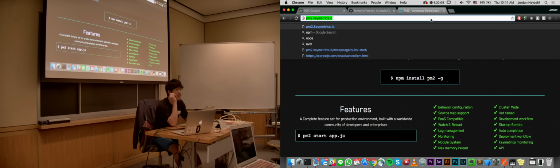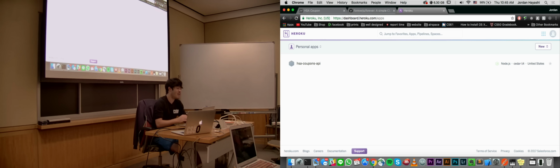So the thing about AWS is it's extremely complicated to set up. I wanted to teach it during class, but I didn't get the okay because it was too complicated. But not Docker, Heroku, which we'll talk about tomorrow. We'll talk about exactly this problem tomorrow. But just looking ahead, Heroku